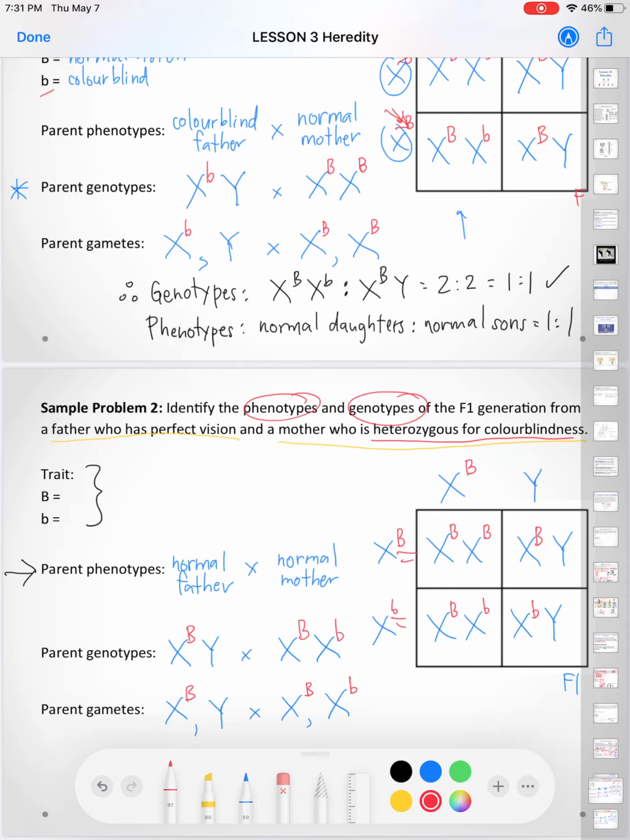And then you would just list the phenotypes, and you would say you would have healthy normal vision daughters, and there would be 2 of them, okay, to a healthy normal visioned son to a colorblind son. So you would have this ratio of 2:1:1. Okay, so that's how you do the X-linked or the